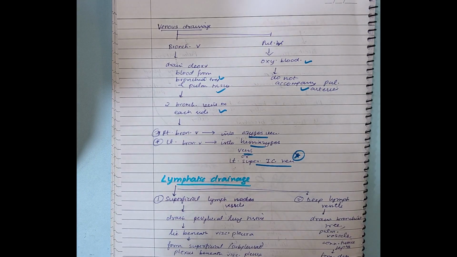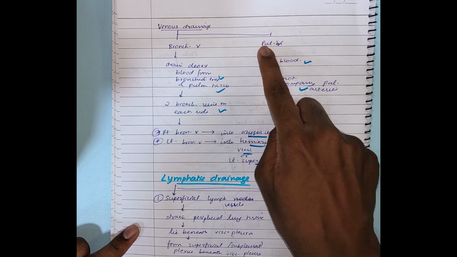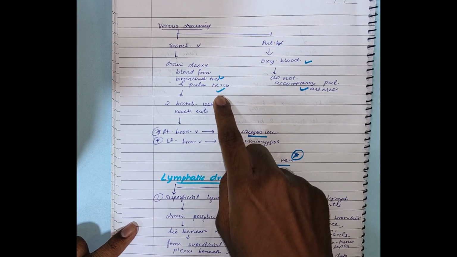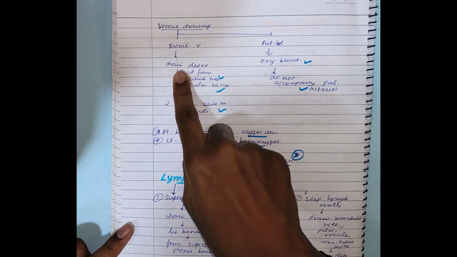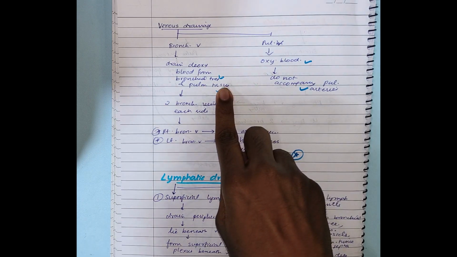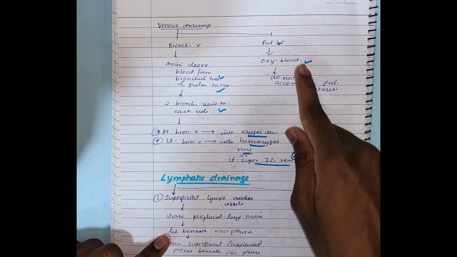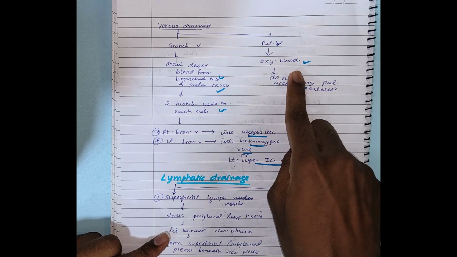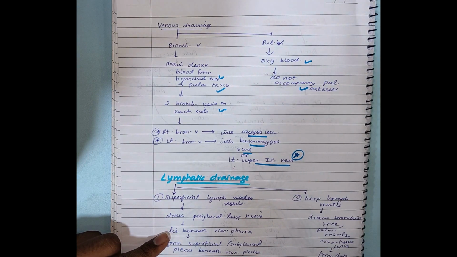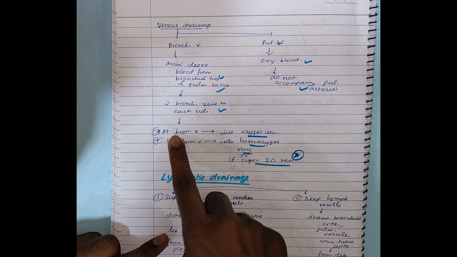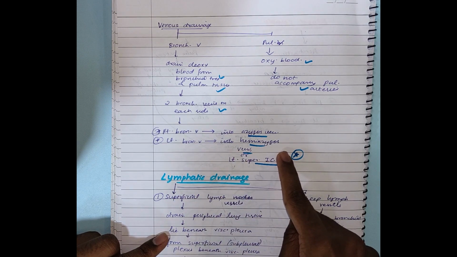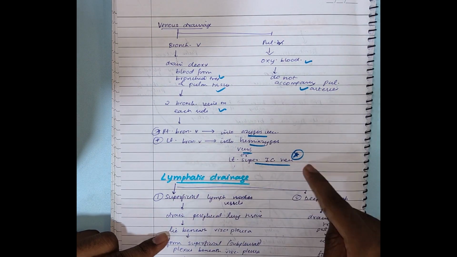Now, if we talk about the venous drainage, we have again the bronchial veins and the pulmonary vein. The bronchial vein drains deoxygenated blood from the bronchial tree and the pulmonary tissue. As we all know, the bronchial artery was supplying the bronchial tree and the pulmonary tissue. Whereas the pulmonary vein carries oxygenated blood from the lungs towards the left atrium. Now, the right bronchial vein drains into the azygos vein, whereas the left bronchial vein drains into the hemiazygos vein or into the left superior intercostal vein.